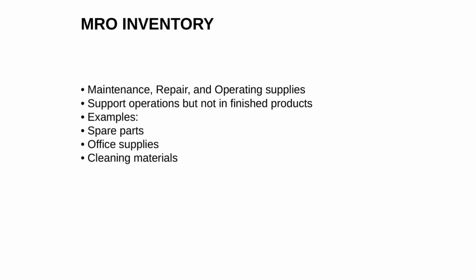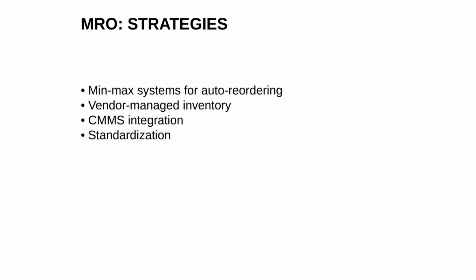Another critical category is MRO inventory, maintenance, repair, and operating supplies. These items support operations but do not become part of the finished product. Examples include spare parts for machines, office supplies, lubricants, tools, and cleaning materials. Although each item may be low value, the impact of a missing critical spare part can be enormous, causing downtime and lost production. MRO inventory is often managed through practical control methods,